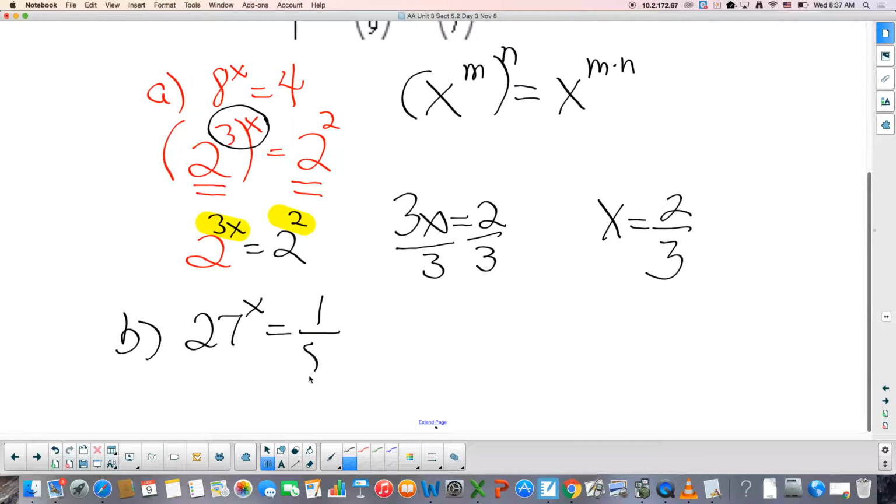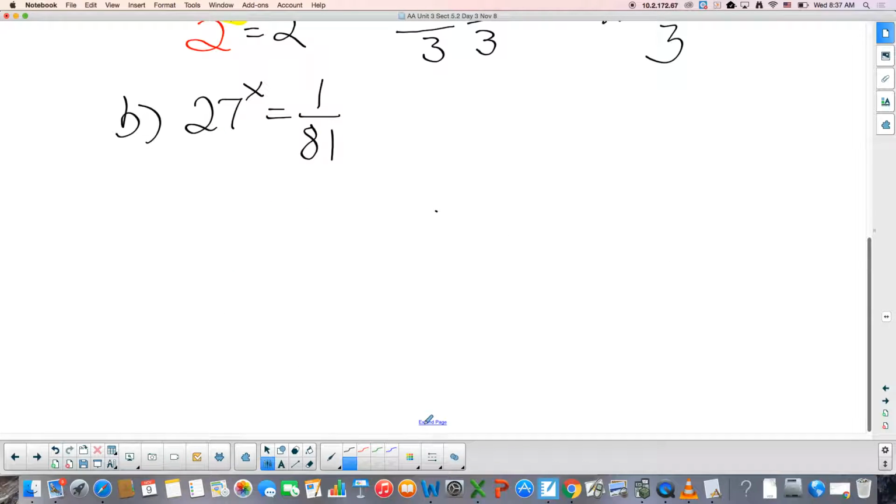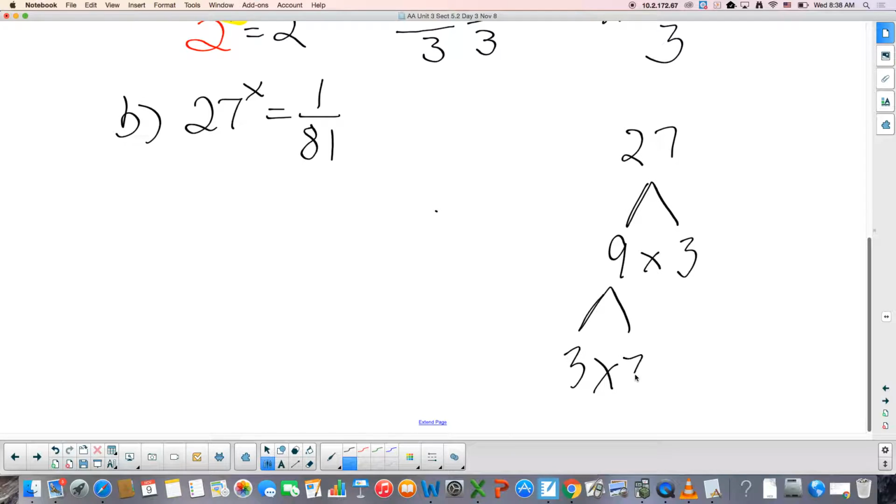I'm never going to be able to guess that, I don't think. But there's something that 27 and 81 have in common. They're all powers. Let's do 27. What's the base? Okay, so let's do prime factorization. What's 27? 9 times 3. Can we keep going? Yeah. And when I teach this, my 7th graders just hate to continue writing that down, but you need to write it down. What's the base? 3. So this is 3 cubed